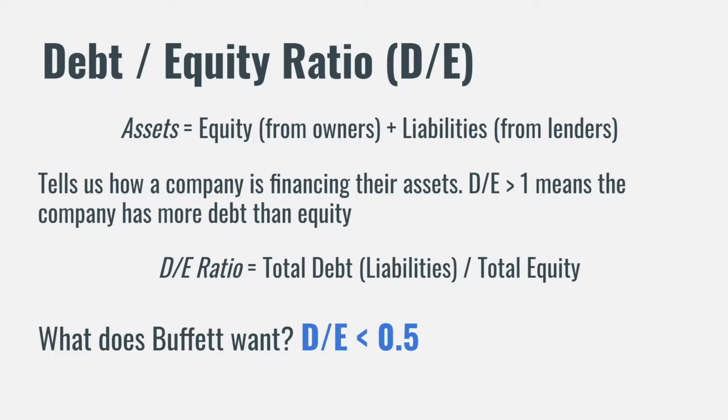future. Warren Buffett prefers a debt to equity ratio of 0.5 or lower because he believes that debt can disrupt even great businesses. A debt to equity ratio of 0.5 means that for each dollar of equity, the company has 50 cents of debt.